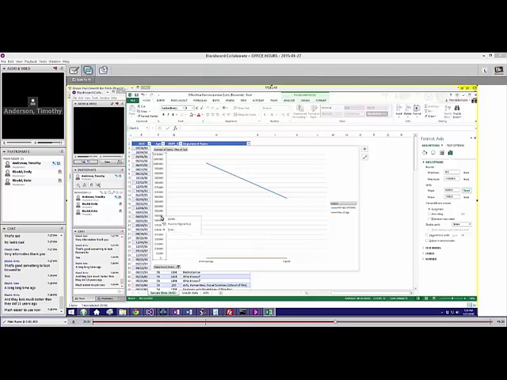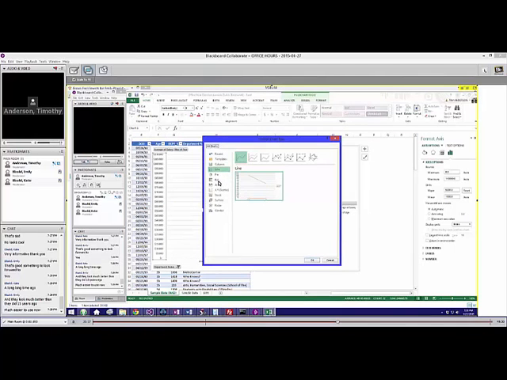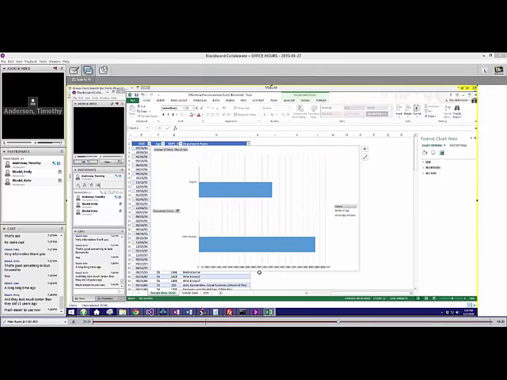The other thing you can also do is you can right-click on this one, and you can change your chart type. I don't like the line. It doesn't mean much to me. Let's go ahead and do a bar graph, and now we can change it to a bar graph. A little bit nicer, huh?